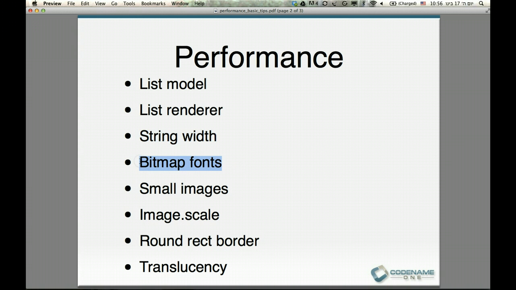Bitmap fonts are deprecated in Codename 1. We recommend you use TrueType fonts for everything. They perform as fast as any font, but unfortunately they're unsupported in the low-end devices, in J2ME and stuff like that. So we are aware of some people still choosing to use bitmap fonts despite their many disadvantages, one of which is their performance. Surprisingly, they actually work faster than system fonts in some cases, but they work slower on other platforms, and it's really difficult to assess their performance on real-world devices. So we recommend people don't use them